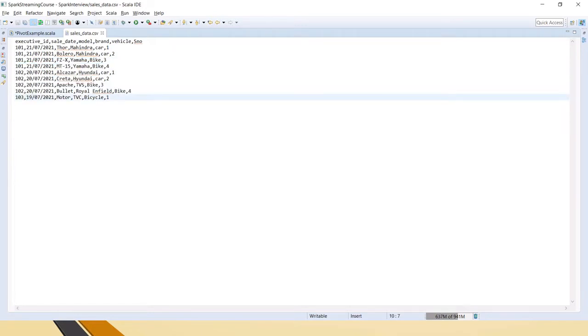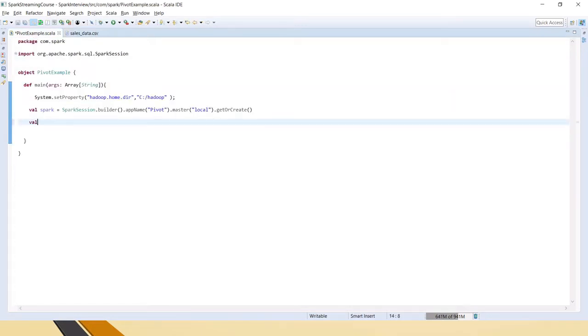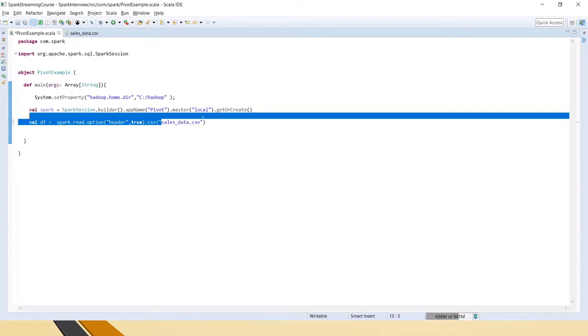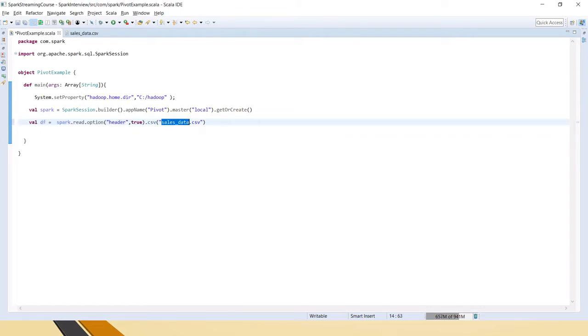Okay. So first read that file. df equal to, option, it has header. Sales data.csv. I am storing these files under the project, that's why I am directly giving it without any path. If you have it in your E drive or C drive, you just have to mention the entire path here.